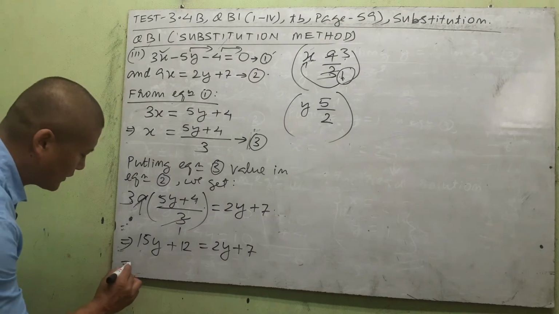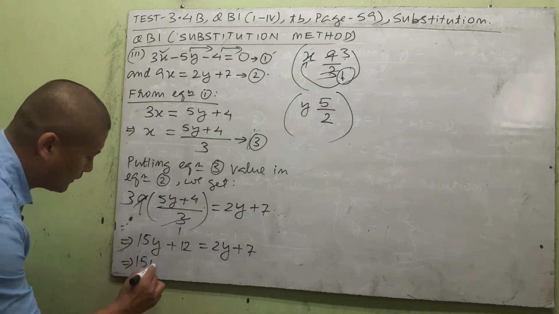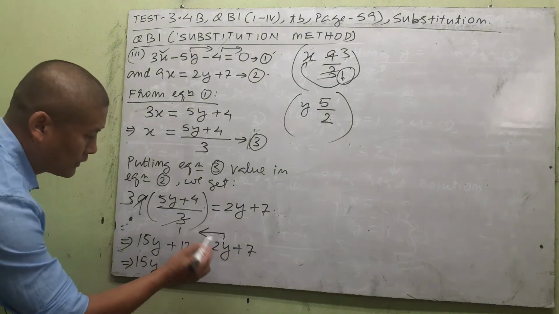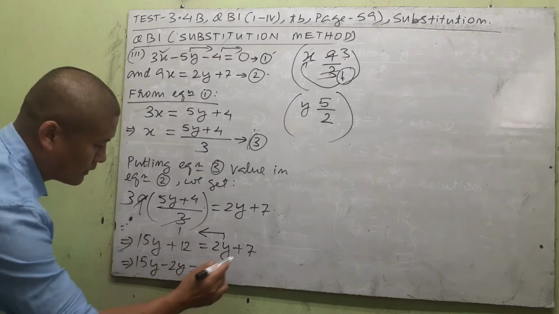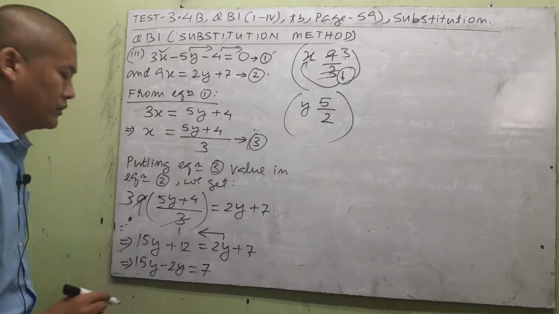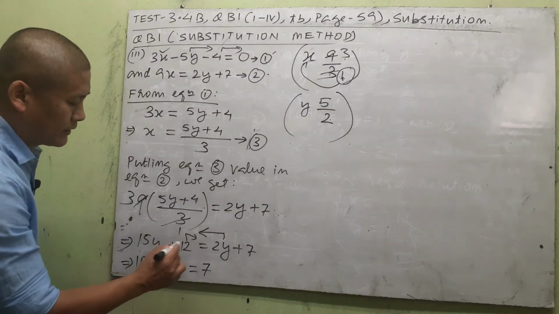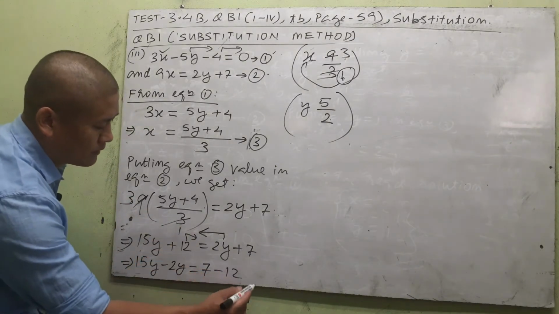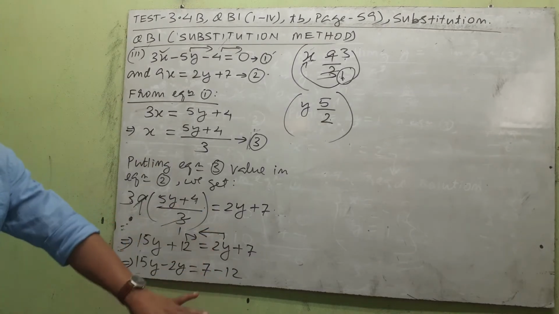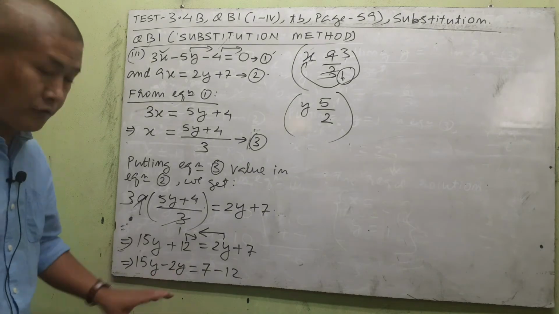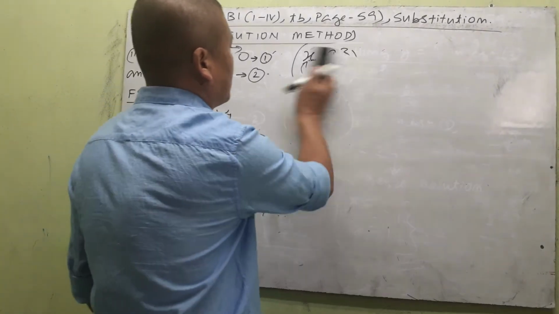Then we bring the terms containing y, which is 15y here, and this plus 2y on one side, then it becomes minus 2y on the left side. Then here 7 on the same side, so no need to change, and all the rest to the right side, so plus 12 goes that side, minus 12. So y terms on one side and the numbers on the other side. You do like that because we want to find the value of y. And once you are done with that,